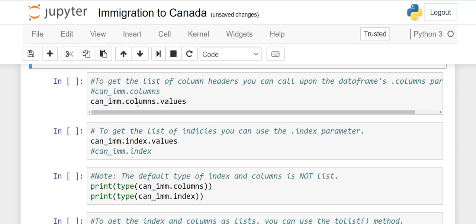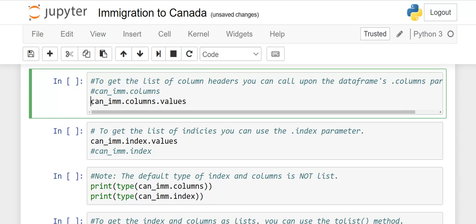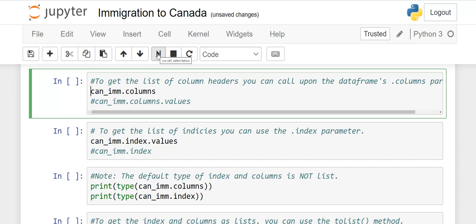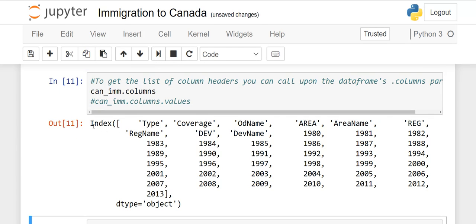Now if you want to see the names of the columns, first I will use my data frame name dot columns. If I run this, we will see the difference between these two, dot columns or dot columns dot values as well. To get the list of the column headers or column names, I can show you here, so you can read it properly. When I run it, see, here index dot columns will give you the output in the form of an index, and these are all the names of our columns.